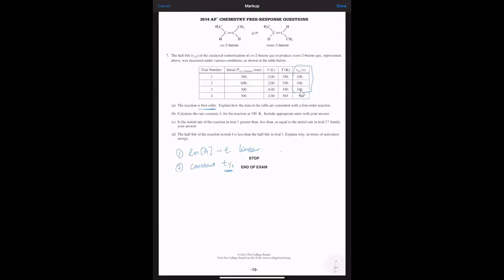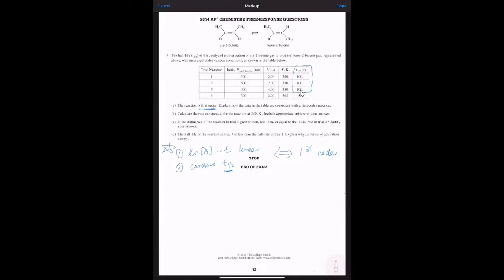Well, basically, no matter from which angle the question asks you, you need to explain and know the relationship between them. If you know it's first order, then you can predict the linear relationship between the log concentration and the time, and also that it has a constant T-half. Or if you know one of them, then you can predict this is a first order reaction. This is something that you should be very familiar with and memorize very well, and also know how to use it